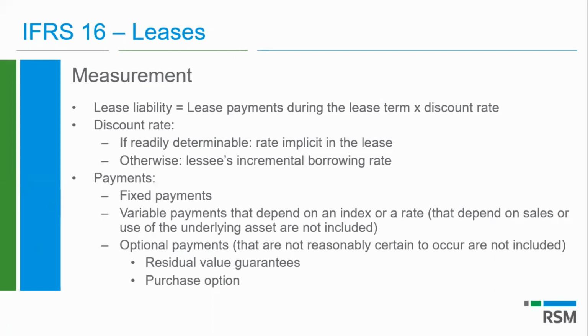lease liability. And then obviously a lot of leases have an optional payment at the end, being a residual value guarantee or a purchase option. What's important to know is that those aren't automatically included. If they are not reasonably certain to occur, then you won't include them. But if you pretty much know that at the end of the lease term, you're going to acquire the asset and you're going to pay the extra residual value or purchase option price, that is, if you're reasonably certain that it will occur, then you would include it in your lease payments. If not, then you would not include it.